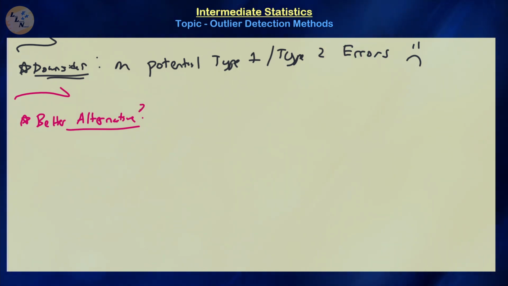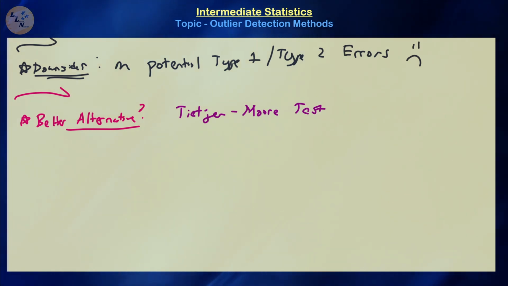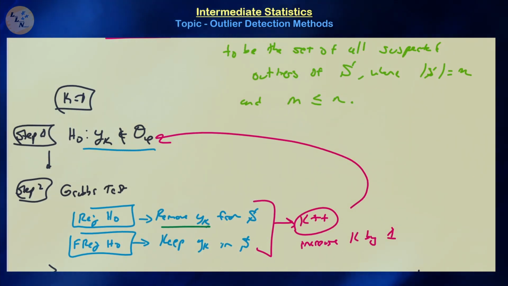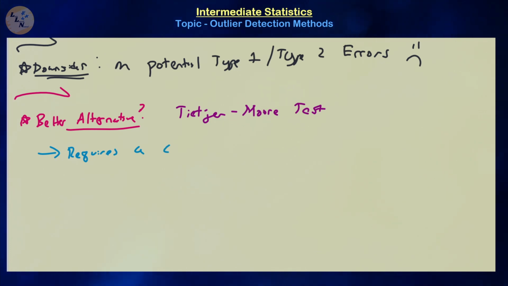The answer is yes. The easiest better alternative is known as the Tietjen-Moore test. It follows the same exact structure as the recursive Grubbs test, but it does everything in one conclusion. So why are we not going to talk about it today? Well, here's the reason why, and maybe you can guess it. This requires a critical distribution that is based on